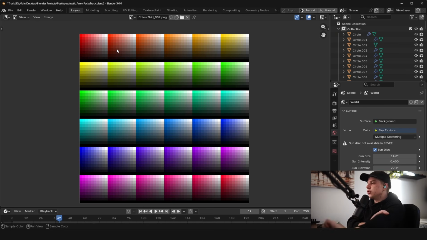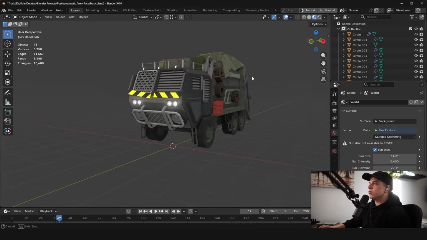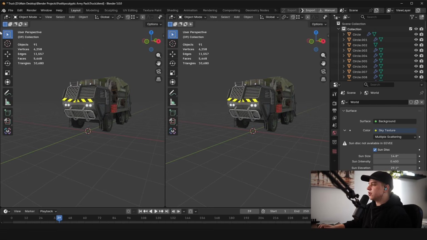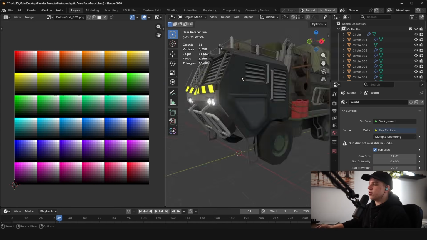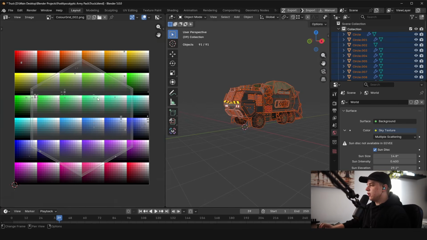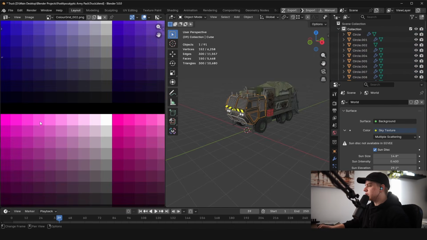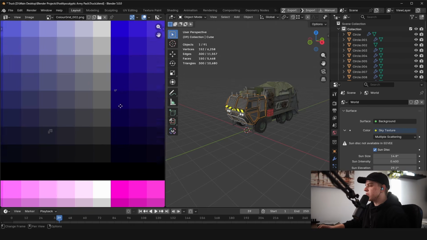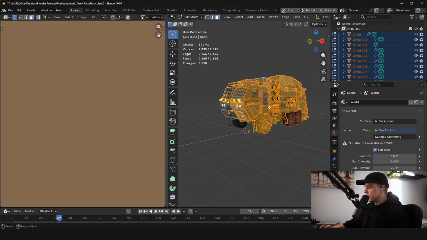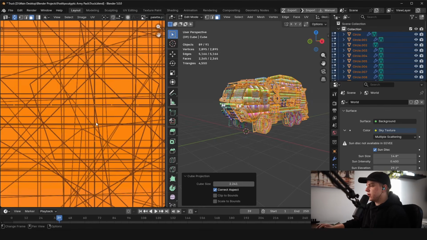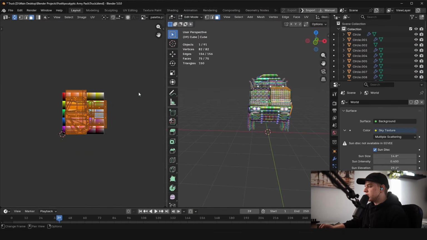Essentially, you're going to take your model, and the easiest setup for this is to take your view, split it in half, drag down the center, and add a UV editor. I've already set this up, and you'll see that everything over here, other than one object somewhere in our scene, has been scaled down into a tiny little block like this. The way you do this is to select everything, press Tab to go into edit mode, and then press U and choose Cube Project. Now everything looks a bit weird, but what you'll do is take everything and scale it down